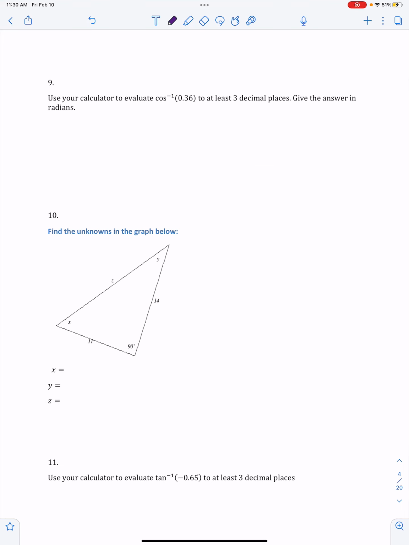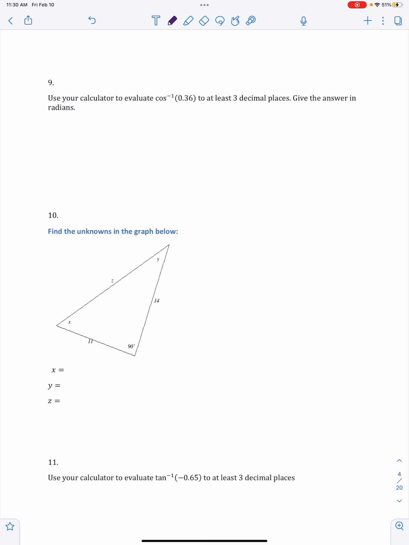Exam 1 review, Spring 23, question number 9. Use the calculator to evaluate inverse cosine of 0.36, and we need to round to 3 decimals. The answer should be in radians. So you're just going to plug this